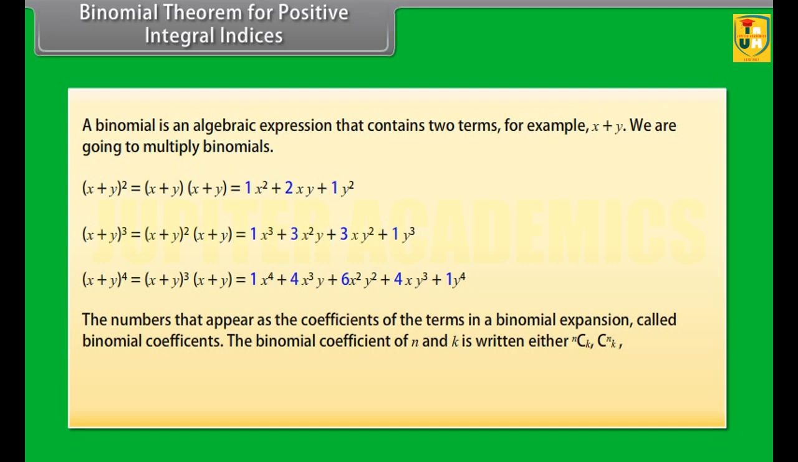The numbers that appear as the coefficients of the terms in a binomial expansion are called binomial coefficients. The binomial coefficient of n and k is written as